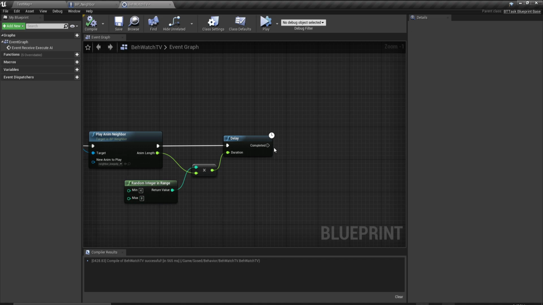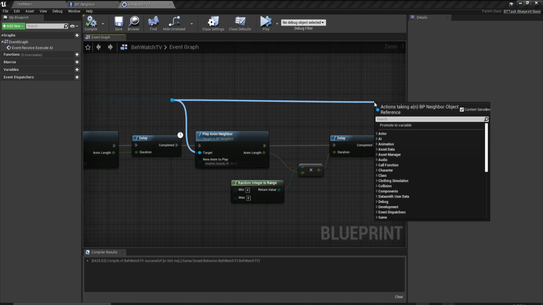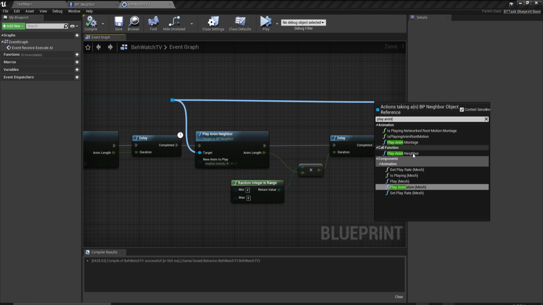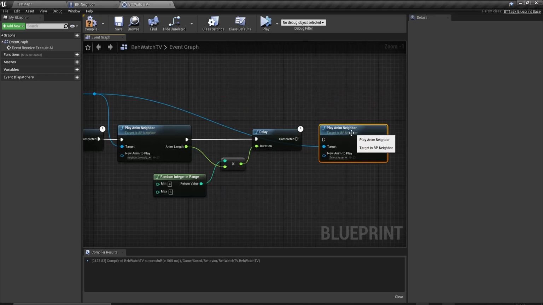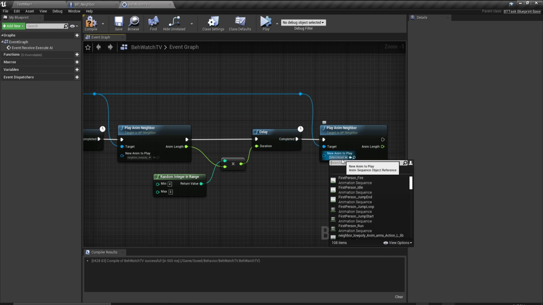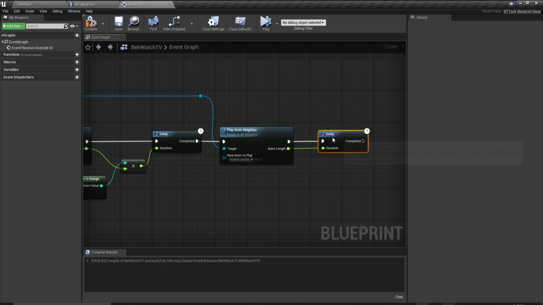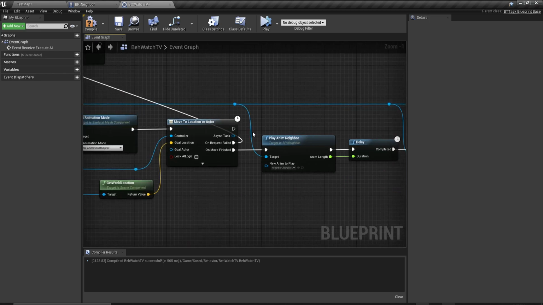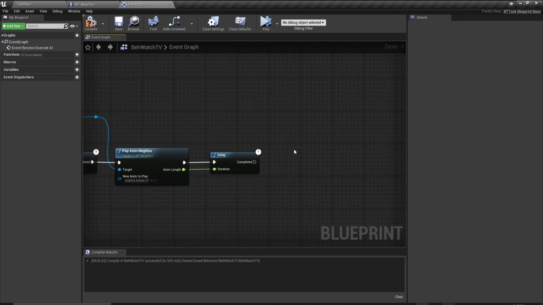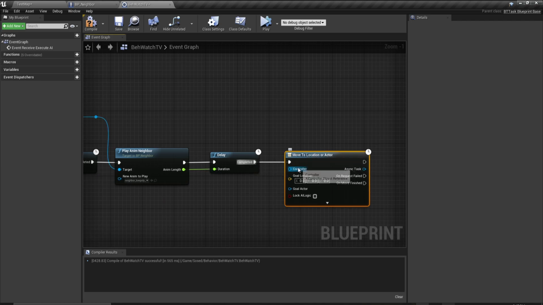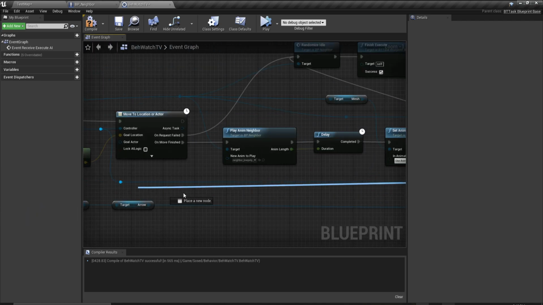So after that, we can do another play anim neighbor. And do stand up, delay, copy and paste move to location or actor, controller,